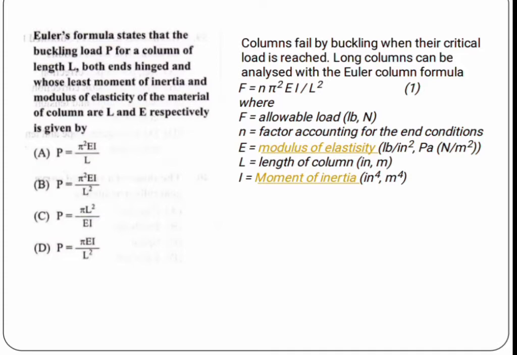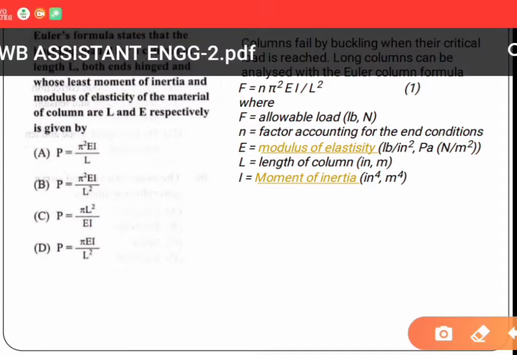buckling load P for a column of length L, both ends hinged, and whose least moment of inertia and modulus of elasticity of the material of the column are I and E respectively. The correct answer for this question is option B, pi square E I by L square. The correct explanation for it is